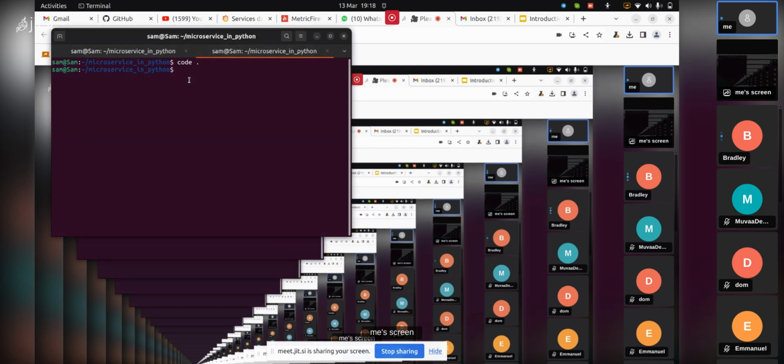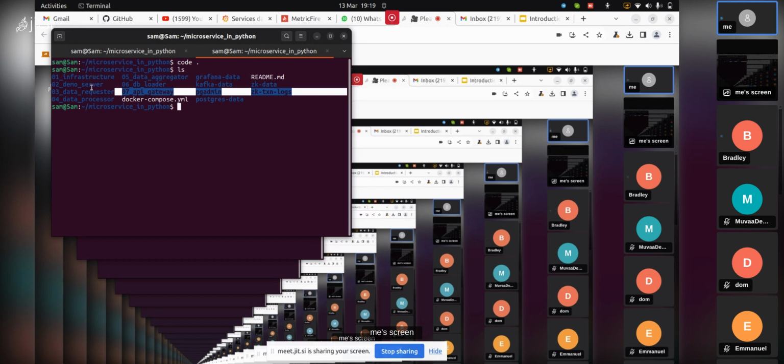Ideally, I'm going to show you a couple of them. From what you see, we have the first one, this is the infrastructure, and then we have a demo server. What we're trying to do here is mimic a trading platform. So you have an infrastructure, a demo server, which is going to give you the currencies, anything that you want. And then we have a data requester. The data requester is supposed to go to the demo server and get the data from it. The data processor is supposed to get the data that has been requested and then process it.